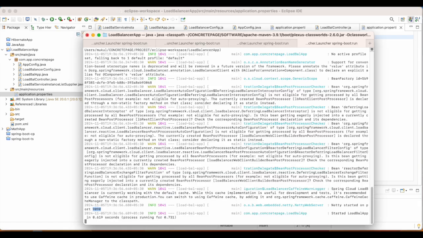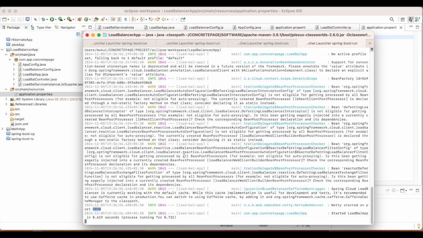Okay. In this way, 4 servers are started: 3 for math app and one for load balancer. The load balancer will accept all the requests and will distribute them on all these three one by one.